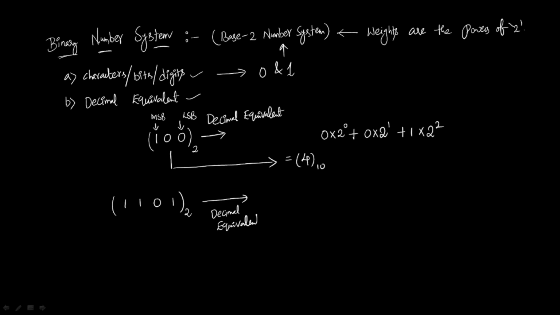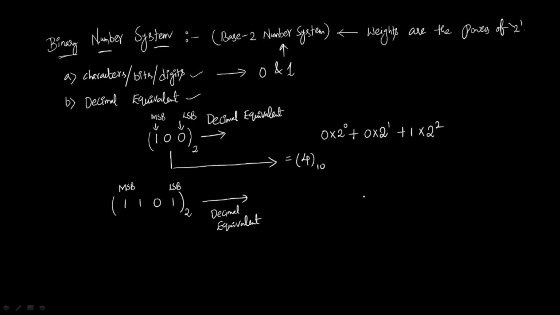How can I find it? Just as we have done in the case of a decimal number, multiply the coefficient with its particular weight. The weight is a polynomial of 2, and the power of 2 depends upon its position from the radix point. Here we don't have any radix point. We need to consider the power starting from LSB to MSB. For the LSB you must have the weight with the lowest power of 2, and the MSB must have the highest power of 2.